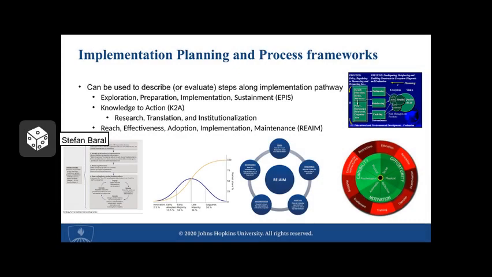So I just want to start by talking about implementation planning and process frameworks. The reason that these exist is that these are folks who have thought about what the specific barriers are that are impeding a program from achieving what we wanted it to achieve. And there's a bunch of different tools there. There's the Exploration, Preparation, Implementation, Sustainment framework, Knowledge to Action, and RE-AIM, as we'll talk about later. But each of these tools exists in order for one to think about what the various elements of my program are in the most specific of ways.